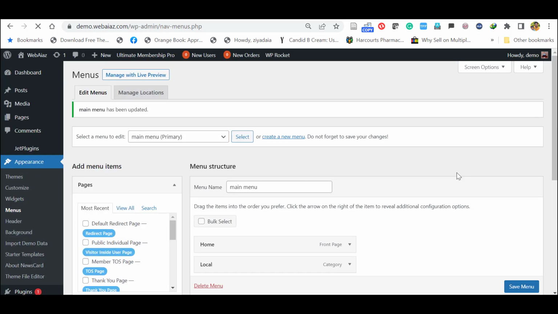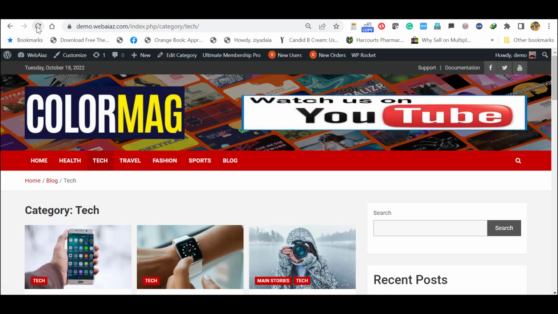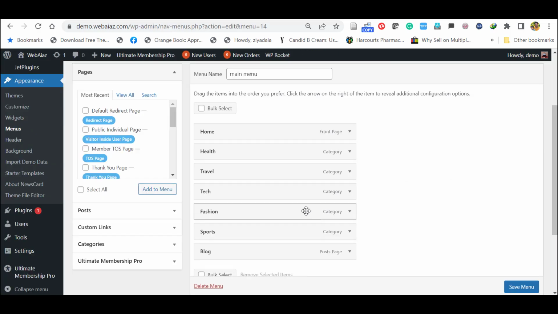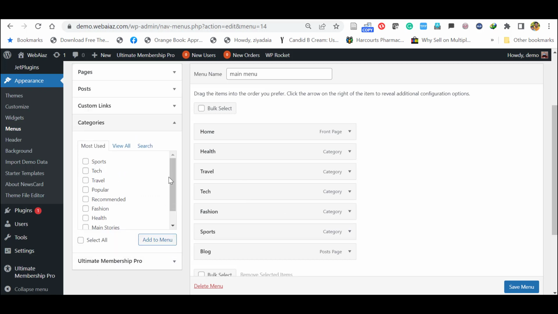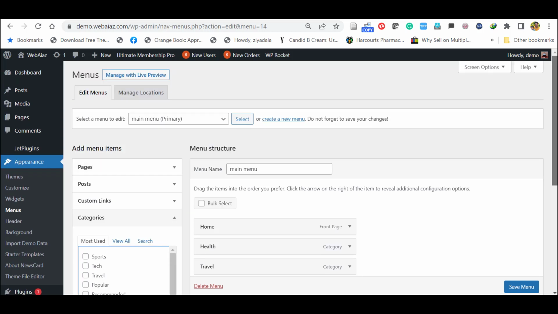So now just refresh and see what will happen. Here now the menu names have changed to local, then world, then tech, like that. So actually these are categories. You can see the categories here. All categories are there. So if you want to add new pages like about us and contact us, what you have to do is